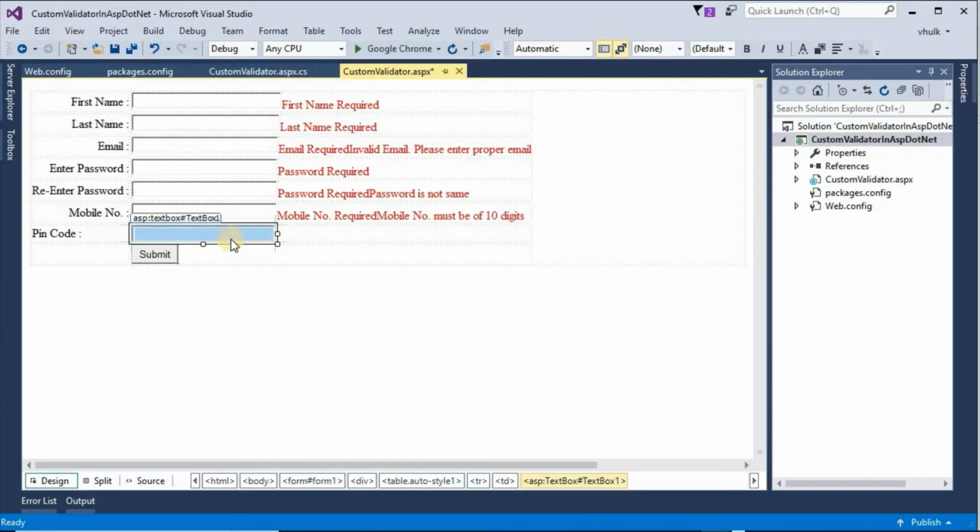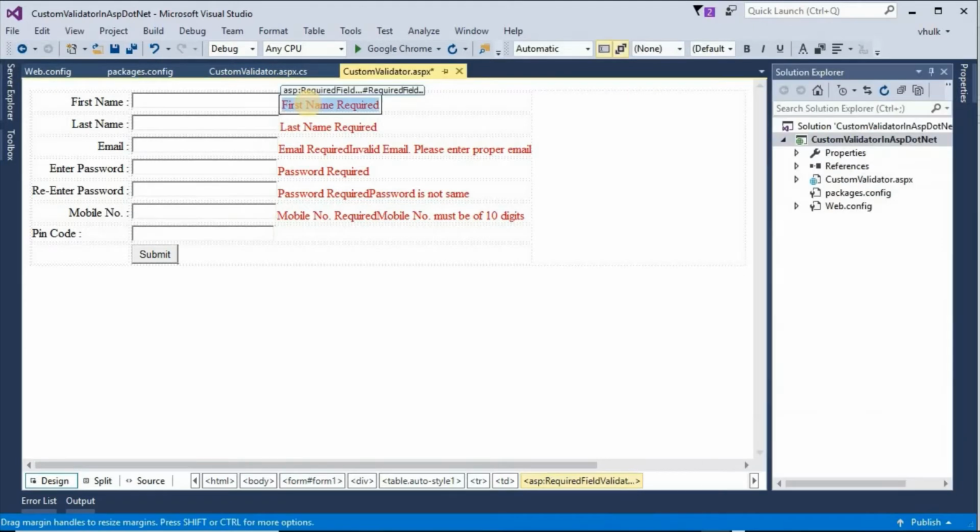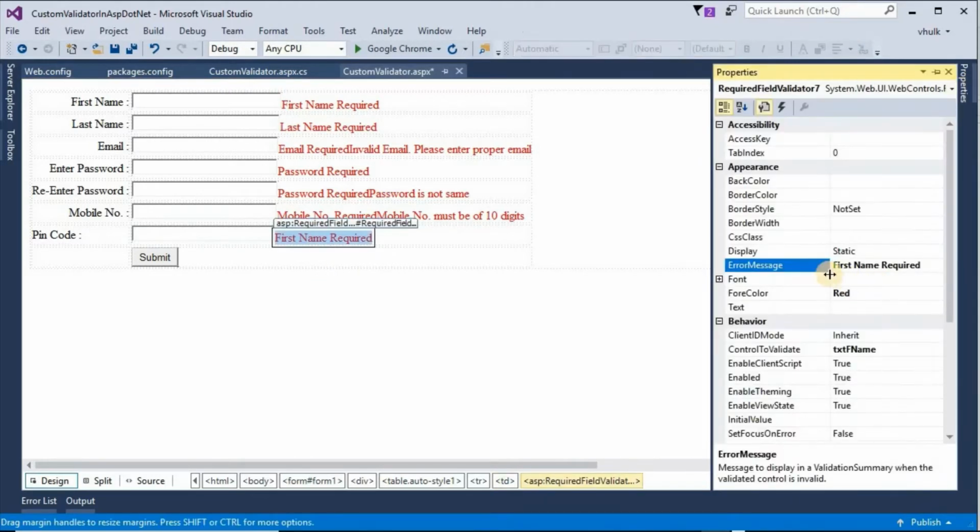ID of this text box: txt pin code. Copy this required field validator, paste here. Error message: pin code required. For color red. Control to validate: txt pin code.